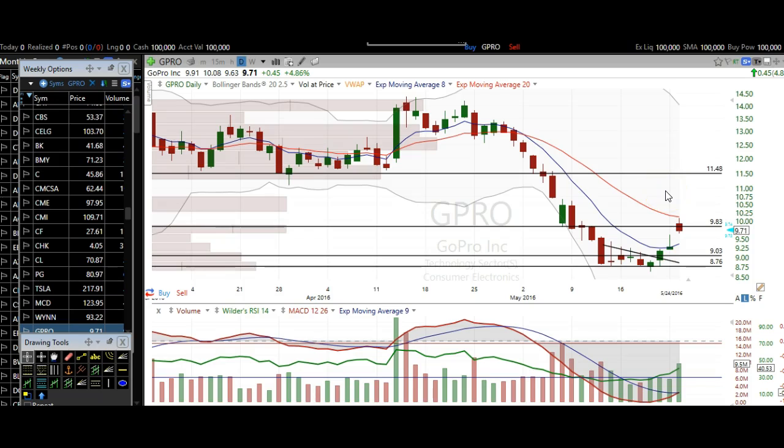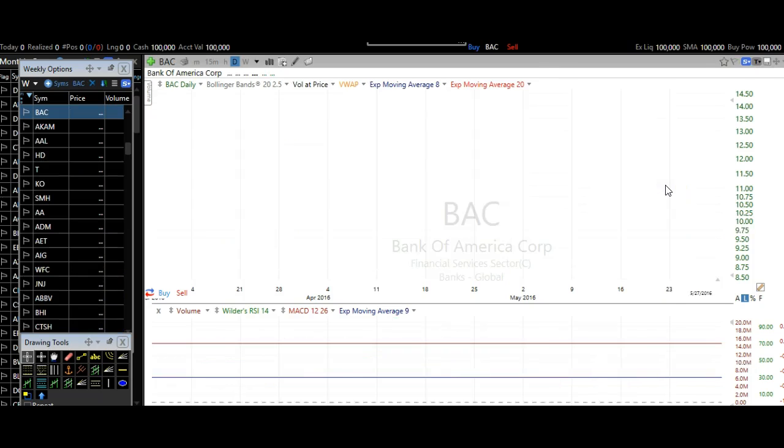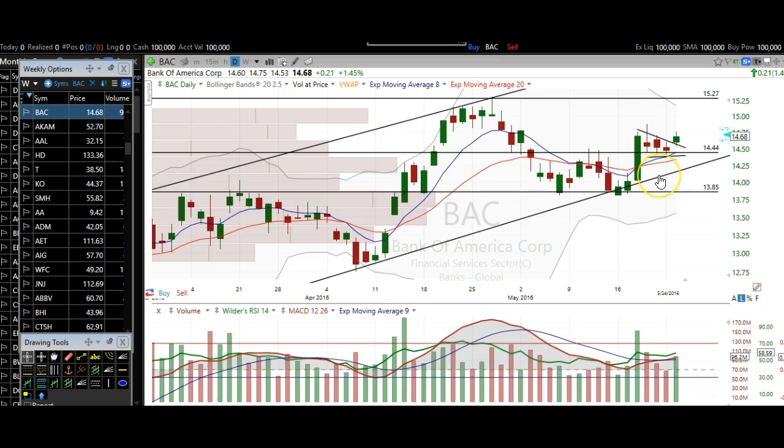Next, I want to cover Bank of America. Bank of America broke out of this nice little flag right here. As you can see, we had a big bullish break over resistance right here with this nice bullish candle accompanied by some nice bullish volume as well. So we broke over, we held this level about 14.44, and we broke over this candle, and we did so on a nice